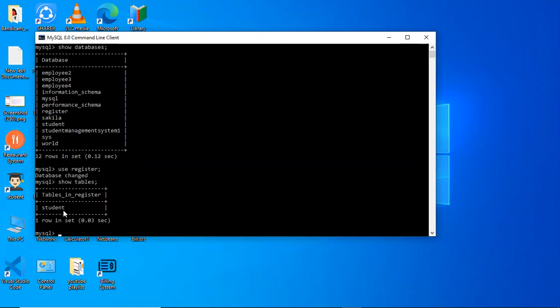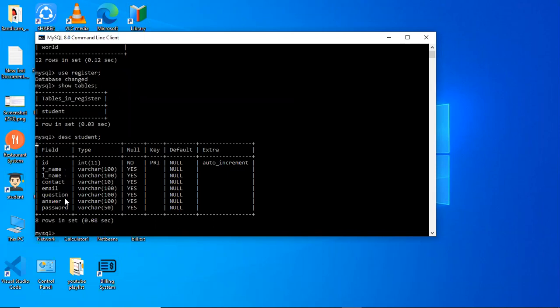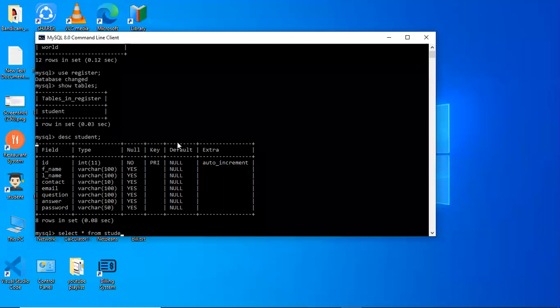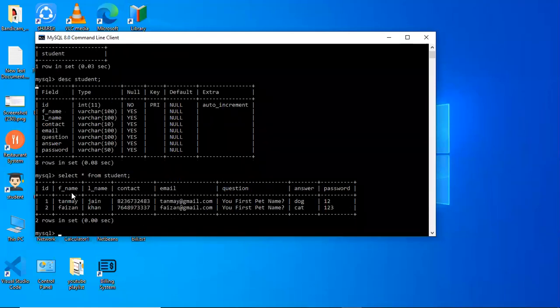Okay, now we can see description of this student. So see these, this is the description. Okay, now we need to see all the columns, so we'll write a query here: select star from student. Okay, semicolon, and see, this is the columns and the details.